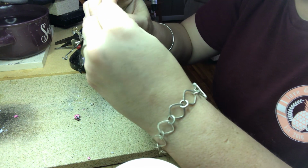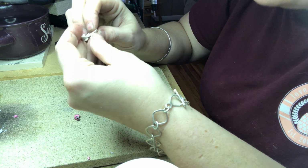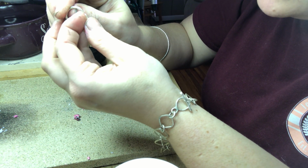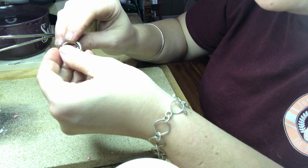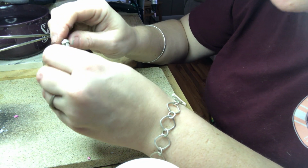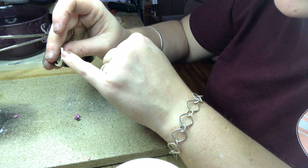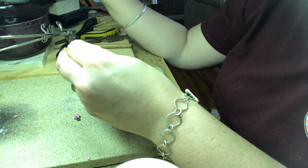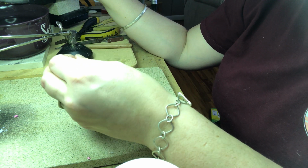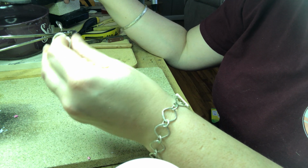Okay, so y'all, last thing y'all heard was you're going to take it off and drop it in your pickle, which I did. If you look, it did join it, but the silver is beaded up where it's slightly melted right here. That's why I don't like using this torch on a soldering project ever, really, unless I just absolutely cannot get